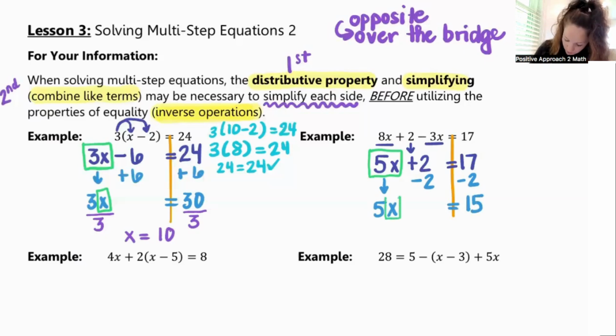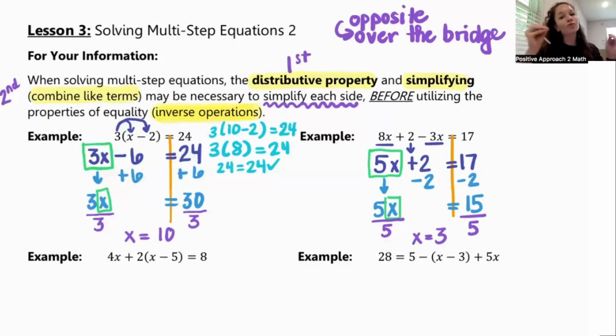And now my next question for you is, how am I going to get that x by itself? What am I going to do with that 5? And hopefully you're answering. Divide by, or sorry, not by 2. Divide by 5, right? So we're going to divide both sides by 5. And we get x equals 3. You might ask, where did that 2 come from? But it's right there. Okay, so we just had to combine like terms. What's important to note is 5x minus 3x, you do the signs you see. So we did not switch it to plus 3x. Same side, simplify, same operation. Okay,